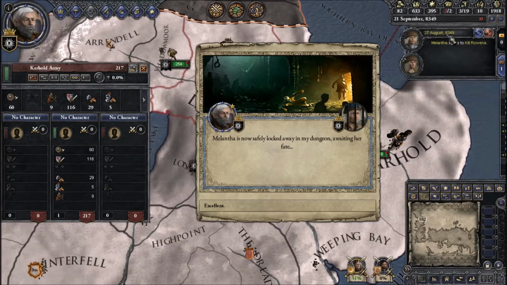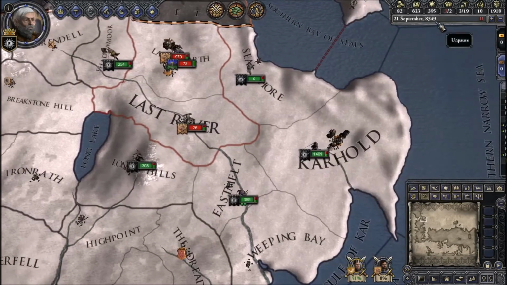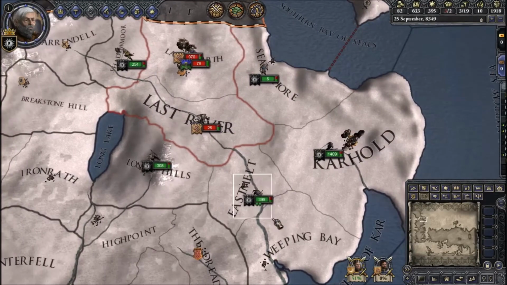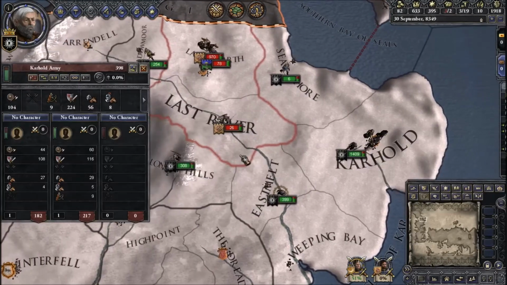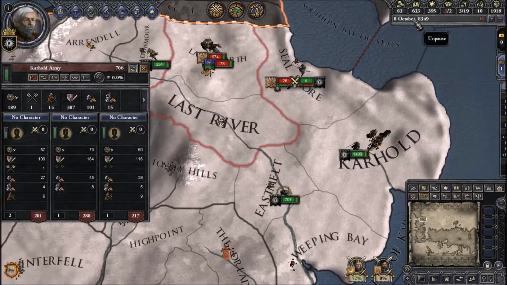Okay. So she's locked up now. We're just going to leave her in there. I'm pretty sure that is like her second offense at least. I believe she was trying to kill Rowena before that as well, if I recall correctly, so...